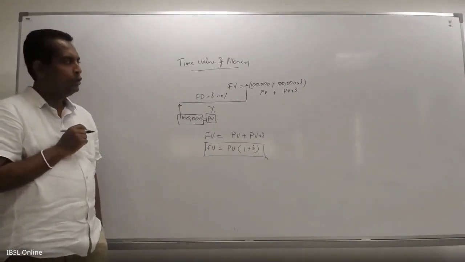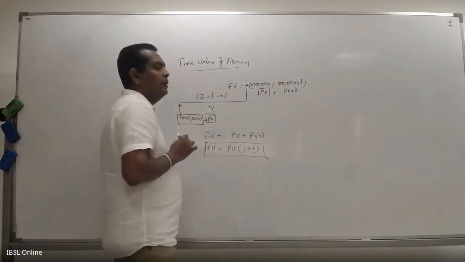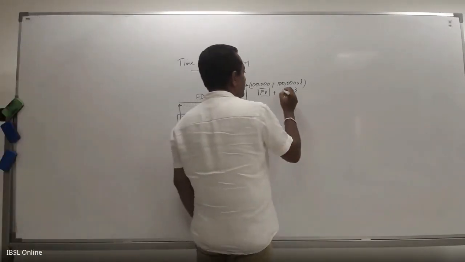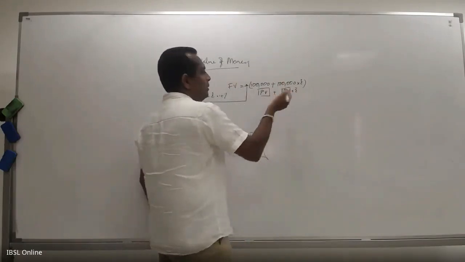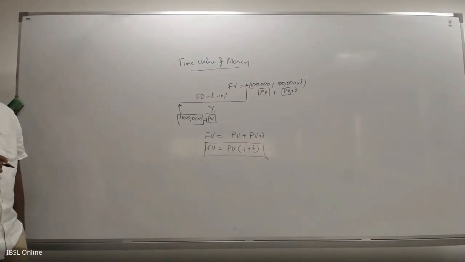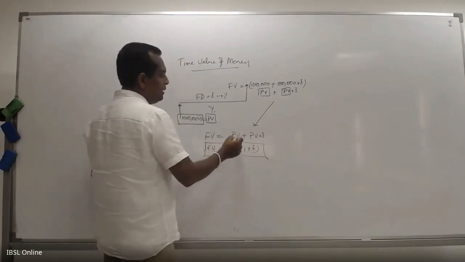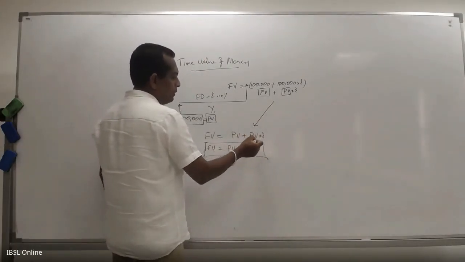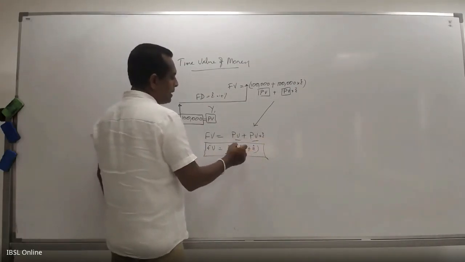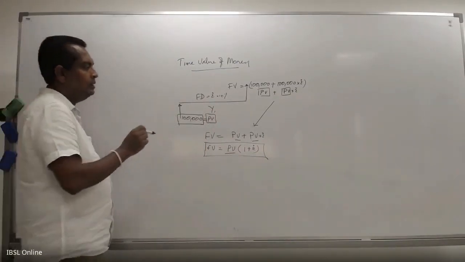Right? So at the end of the period, you will get your initial investment, which is the present value of 100,000. Then you will get your interest component, which is part of your present value into the interest rate. Right? So this is also written here, present value plus present value into interest. Since both of them are common, I took it out and I have a bracket 1 plus I. So end of the first year, this is your investment.